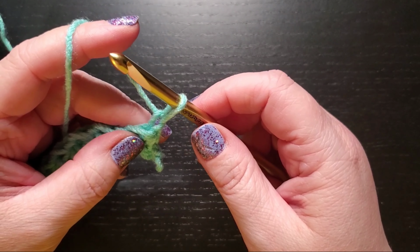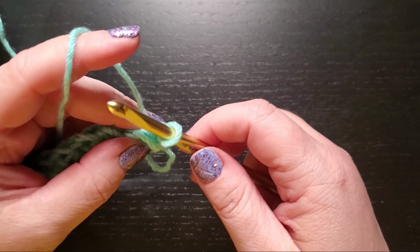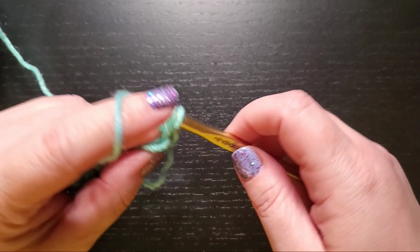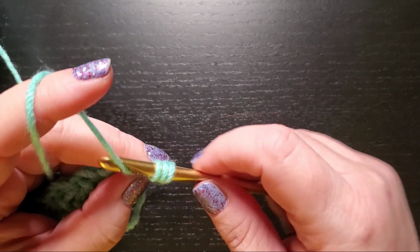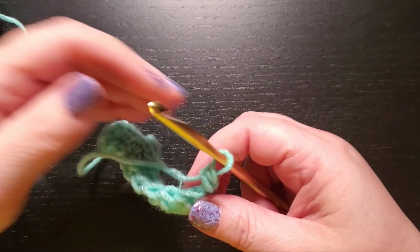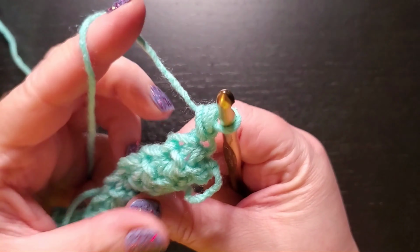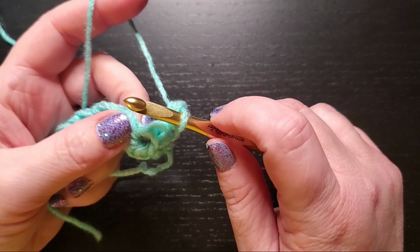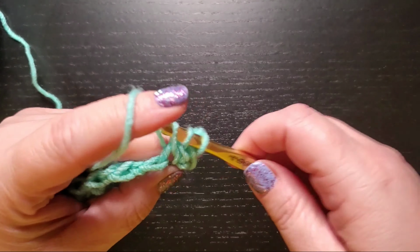Now you can draw up a little bit of a bigger loop, and we're going to start the half double crochets. You're going to half double crochet in this stitch. Hold on just a second, I gotta get a drink of water. Okay, and then on every eye that you did previously, where you closed up your stitch, you're gonna plant 2 half doubles into that. There's 1,